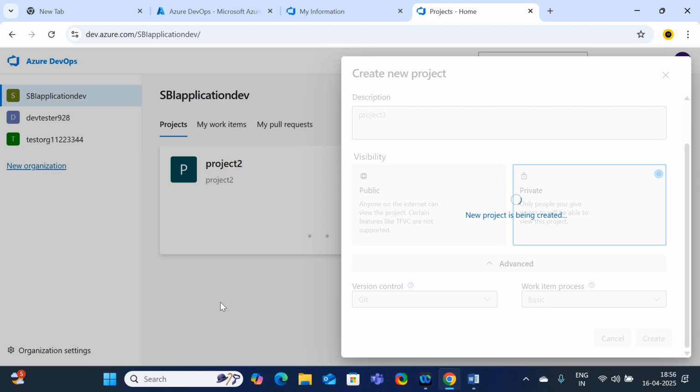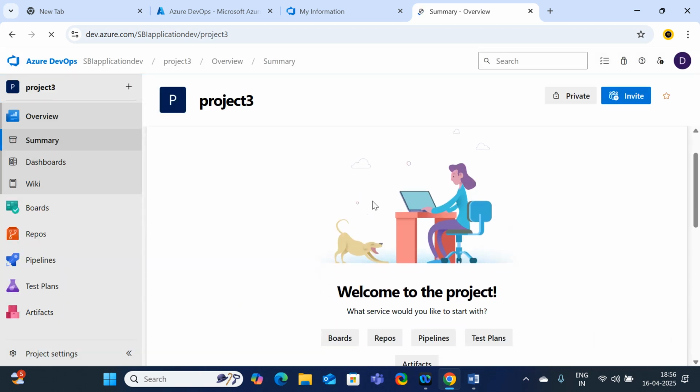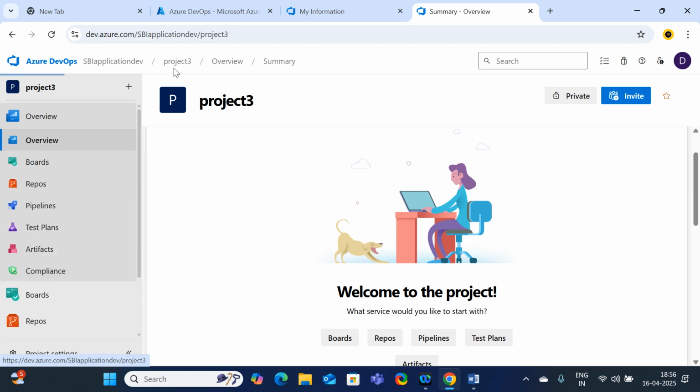The project 3 will be created. How many, do you have any limitation for the projects? Yes, for everything there is a limitation. So I'm going to show each and everything. Just be with me